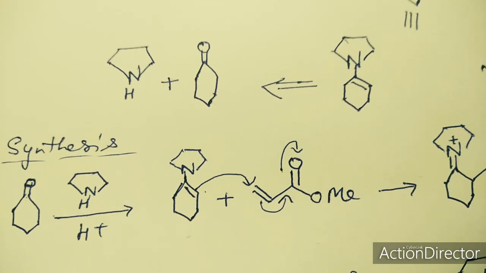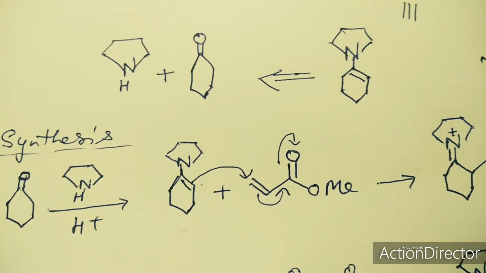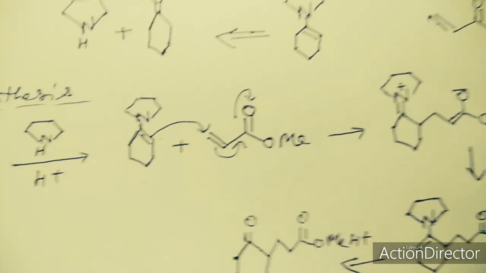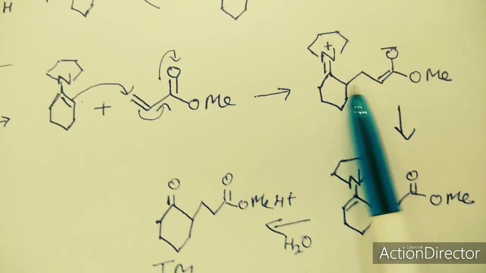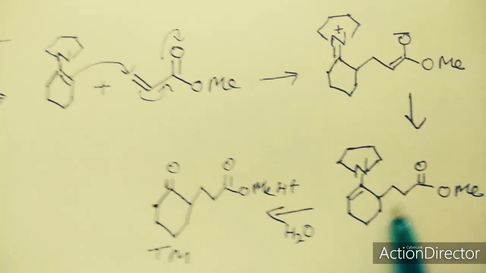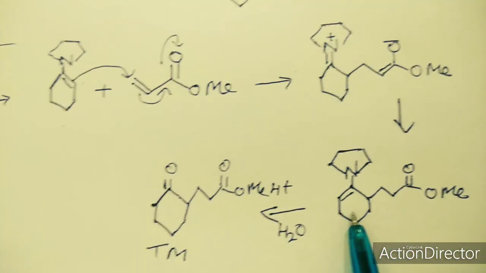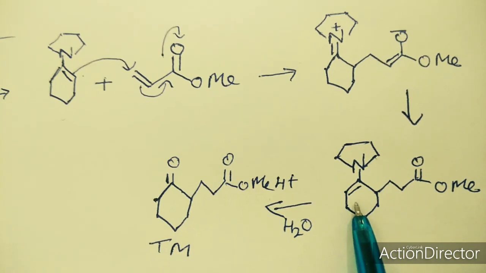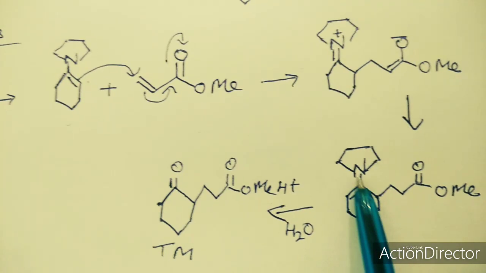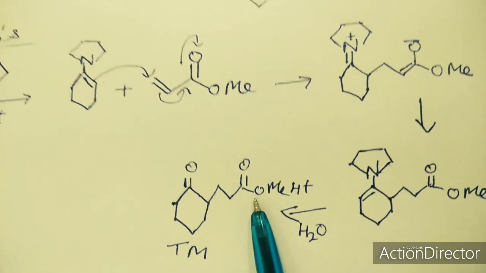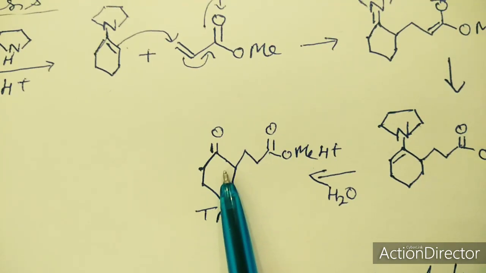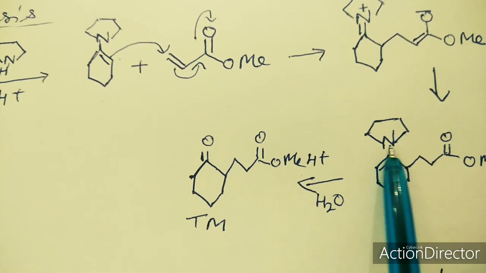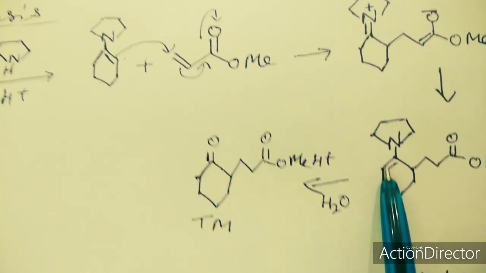get our compound. This compound will be formed. This compound is formed because these two react together, and this can therefore be hydrolyzed and converted back into our target molecule, because this will leave the secondary amine, and